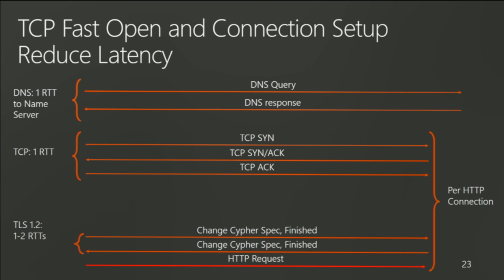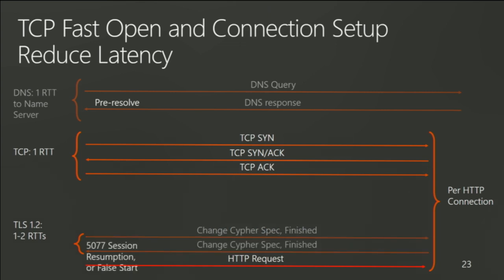Okay, so we're looking at another drawing of the connection startup sequence, and we start with a DNS query. So how do we make that faster? Well, we pre-resolve. Went from one or more RTTs to 0 RTTs, okay? DNS instant, it's no RTTs. Okay, how do we improve the TLS handshake?